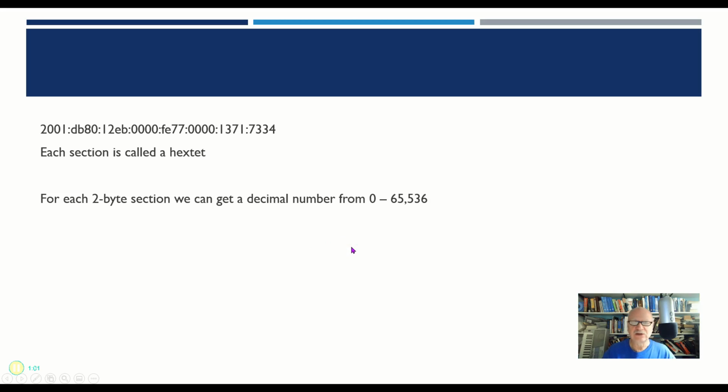Now we're going to call each section a hextet, hex being 16. So for every hextet, for every 2-byte section, if we were to translate that to decimal, we would get from 0 to 65,536 possible combinations within one section. So in order to find out the total number, we simply multiply that by itself 8 times, and we're going